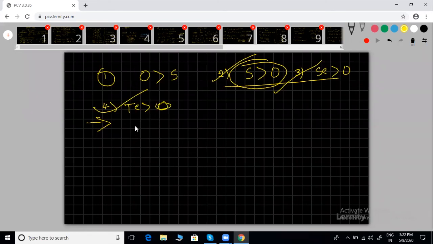Electron affinity means the attracting power for electrons. I hope 17th group elements can attract electrons very easily because they need one electron to get noble gas configuration. X plus electron to get X minus. So the 17th group elements have the highest electron affinity. Is it correct? Highest electron affinity. Because they need one more electron, automatically their electron affinity is going to be more, because they can release energy easily.